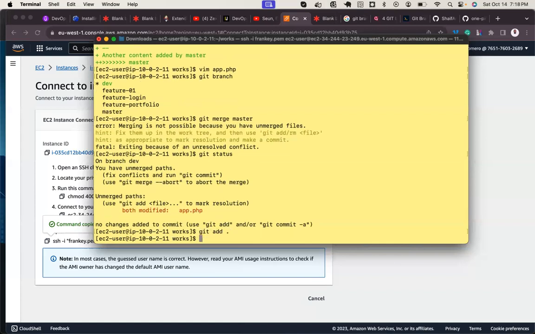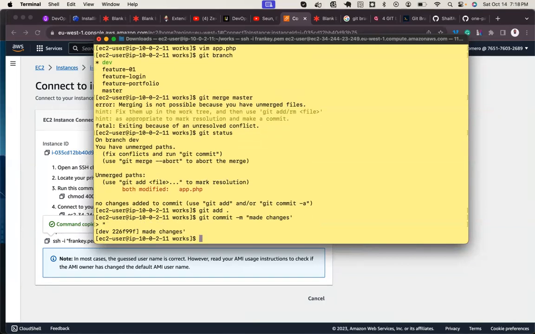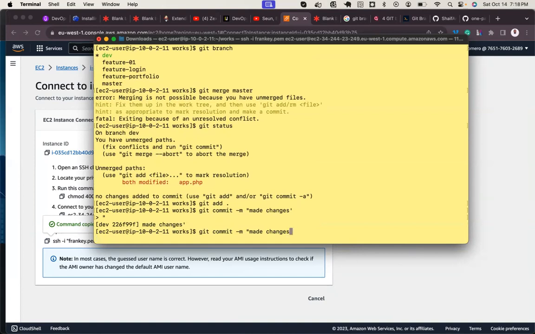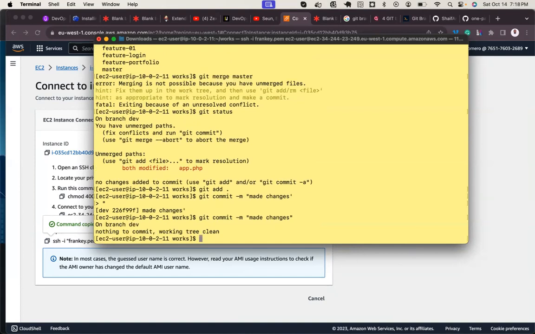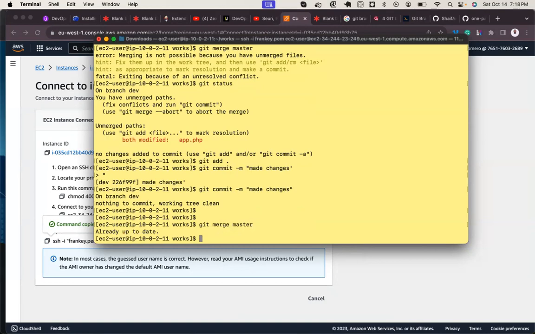So git add, git commit -m made changes. Now, git merge master. It has been merged. So I've merged master to dev.